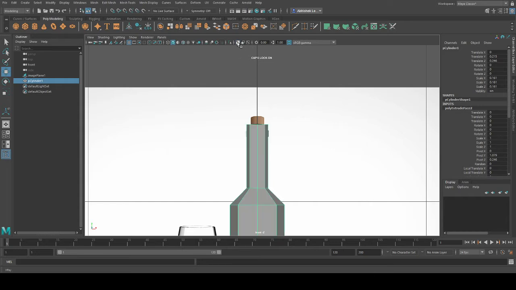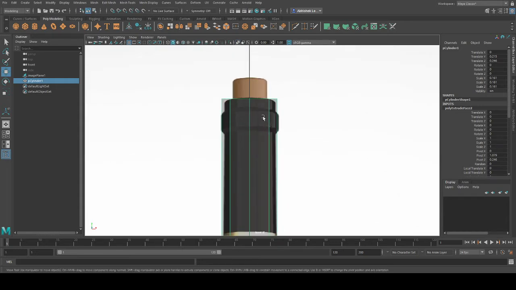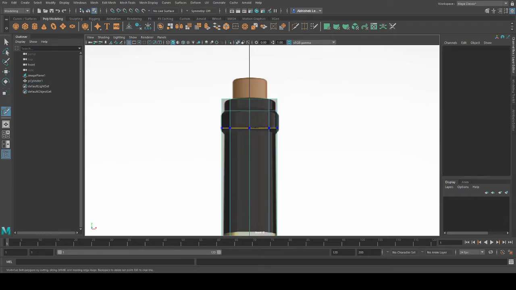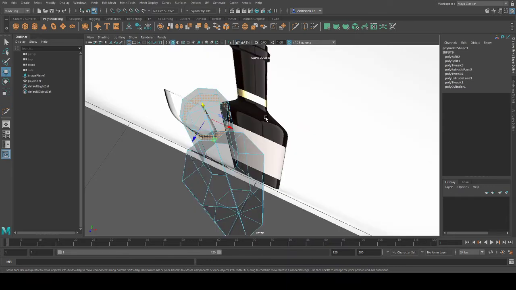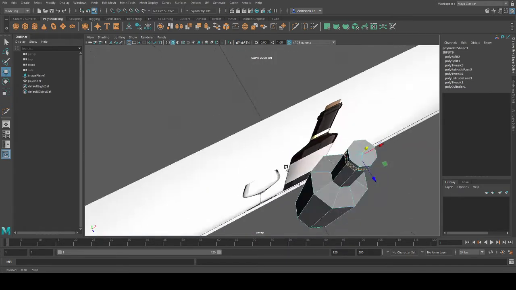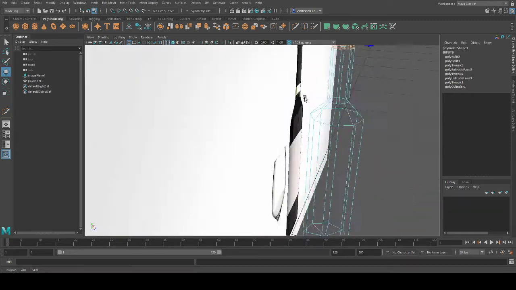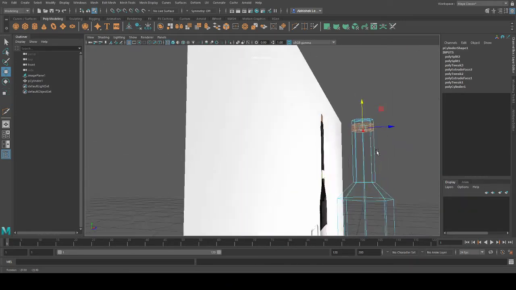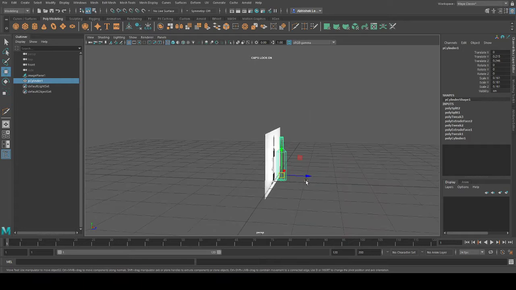Now, to bring this thing out, I'll go to multicut and add edges, 1, 2. I've created that patch. Now I'll select this whole edge loop by selecting one edge, pressing Shift, and double-clicking the side one. What will happen is it will select the whole edge loop. Look, it selects the whole edge loop. You can check it with the help of 4 and see, right?